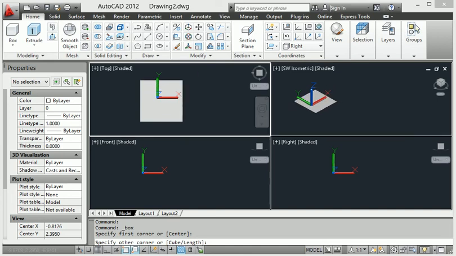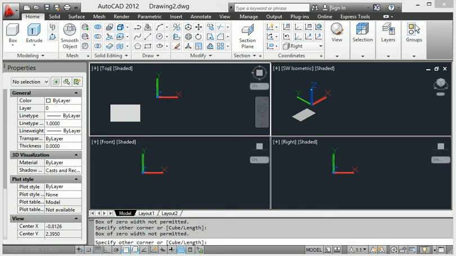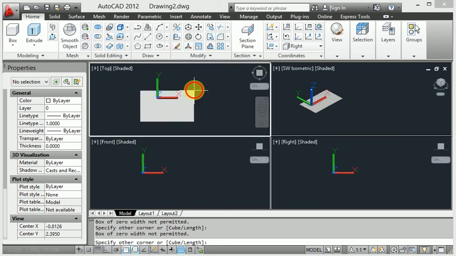Look at this, create this one rectangle and click here, and we will provide any particular distance. I will provide 500, enter. Then also provide 500, enter.